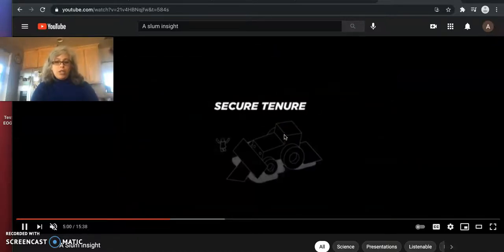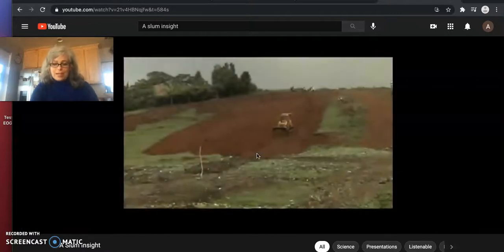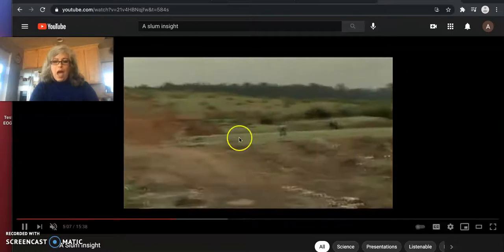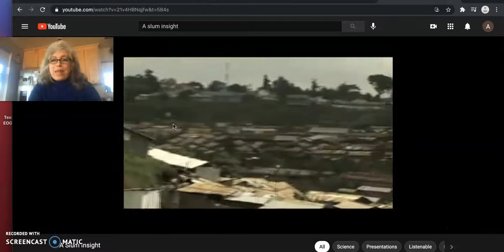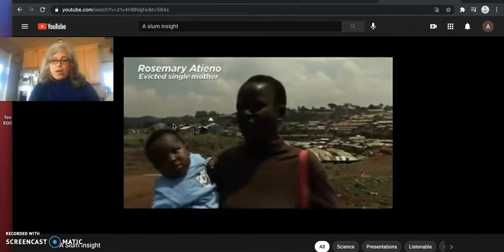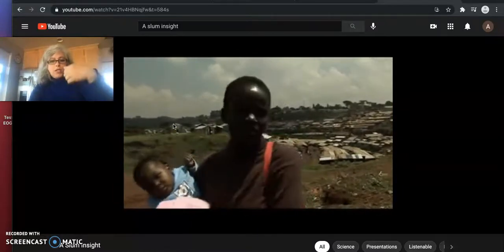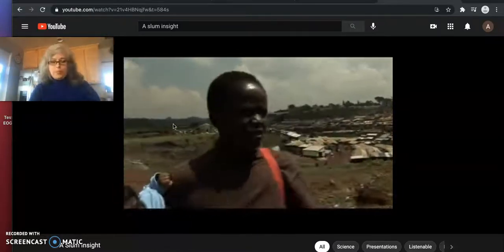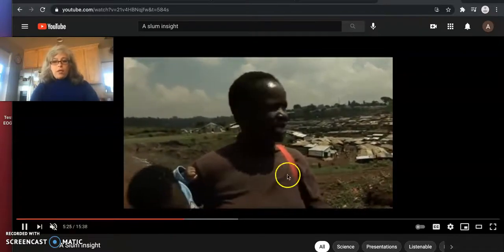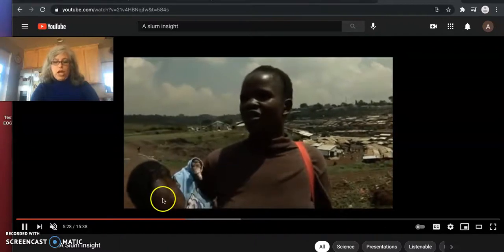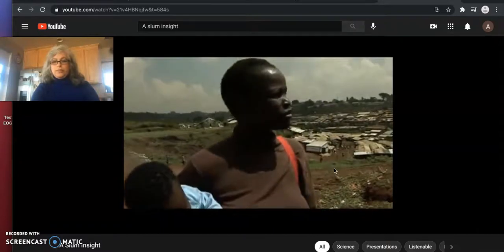Everything else was demolished because she had constructed one of these non-durable shacks for herself and her baby on that hillside where you just saw the bulldozer, but they didn't have a right to be there, and the landowner wanted them gone. So one day he brought bulldozers in and took it all away. She's waving her hand. She said they just took it all away. And so she got out with whatever she could get out with, and now she's got the purse, the sweater, the child, the baby blanket. And she doesn't know what she's going to do.